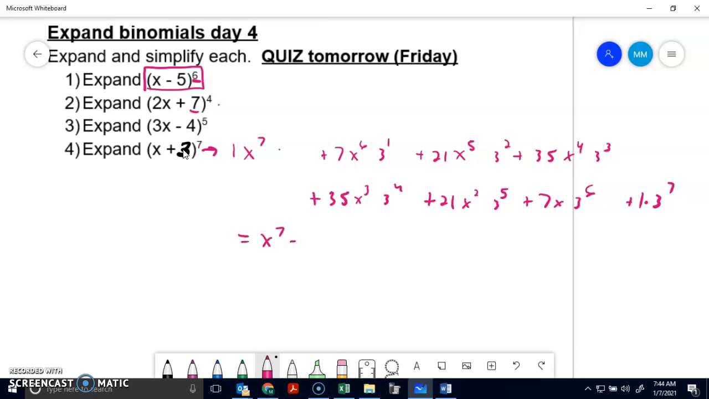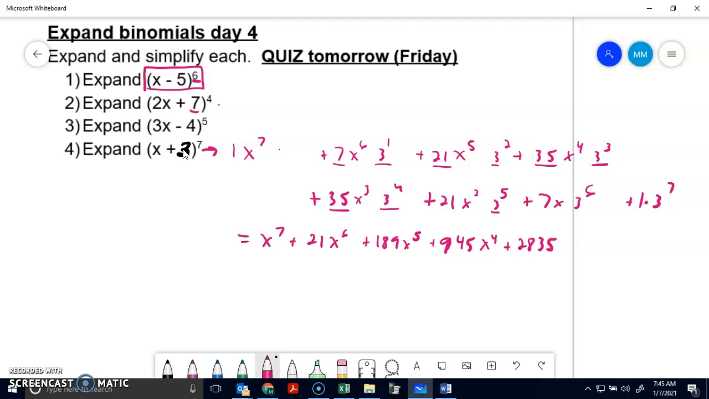X to the 7th plus 7 times 3 is 21, x to the 6th. And then 21 times 9, because that's 3 squared, is 189, x to the 5th. And then I have 35 times 3 to the 3rd, which is 27. So 27 times 35, which is 945, x to the 4th. And then I have 35 times 3 to the 4th. And 3 to the 4th power is 81, times 35 is